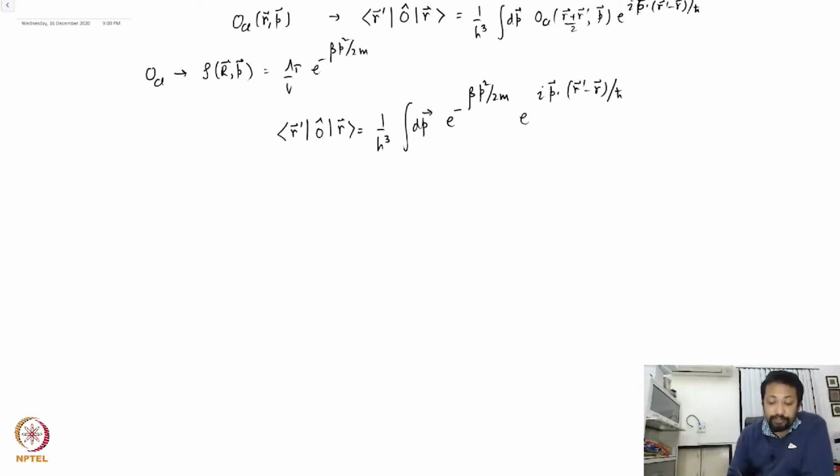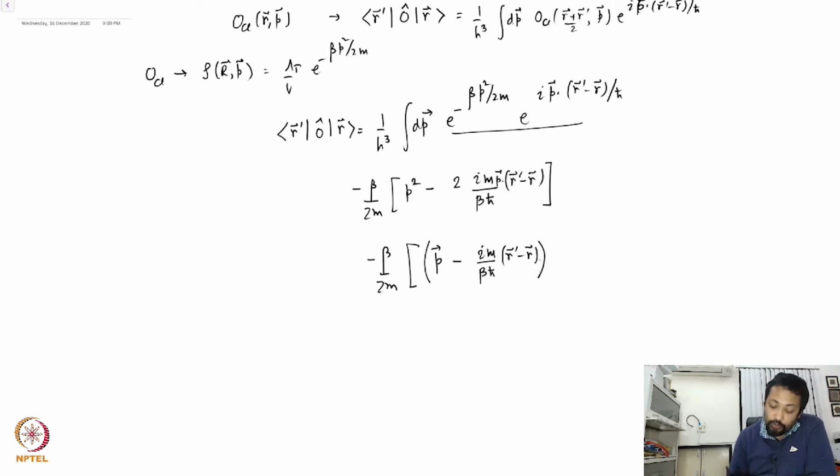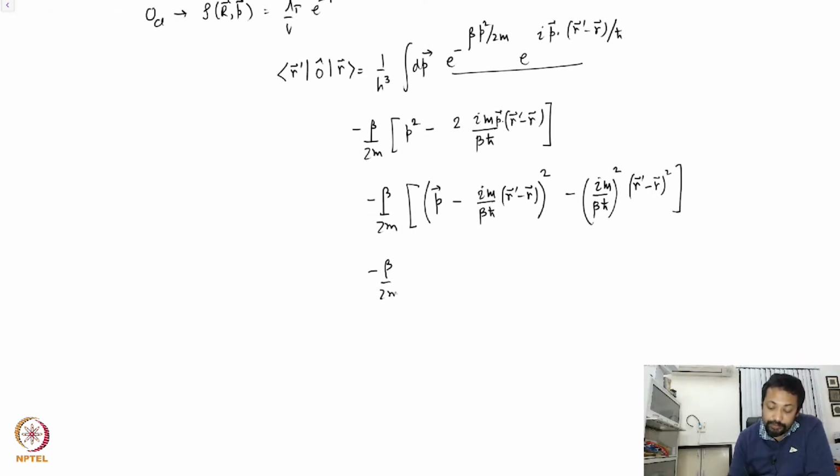Good. It's the same trick. So this is a vector integral. So it's the same trick now. We take these two and write this as β/2m p² minus 2i m/β ħ (r' − r) dot p, which becomes minus β/2m. I have the vector p minus im/βħ (r' − r), whole square, and then I have minus (im/βħ)² (r' − r)²,